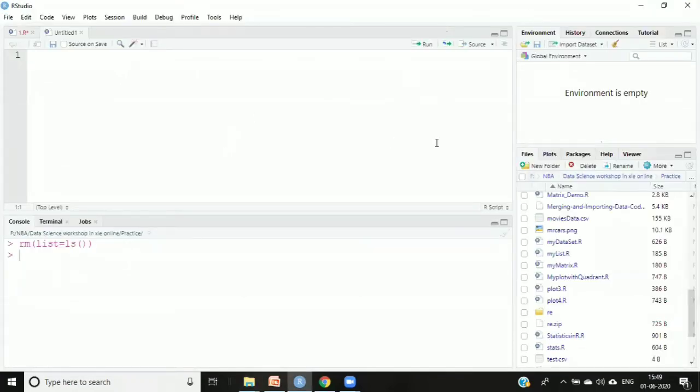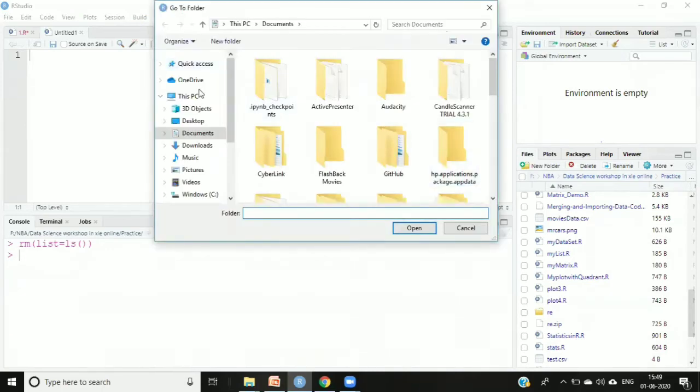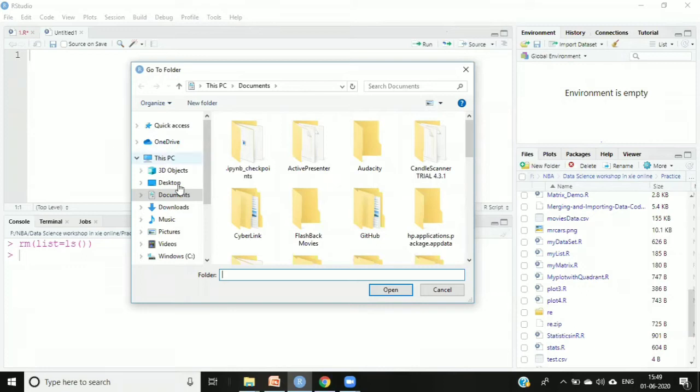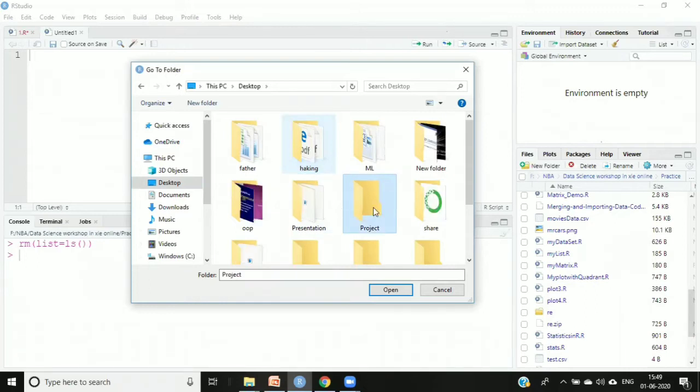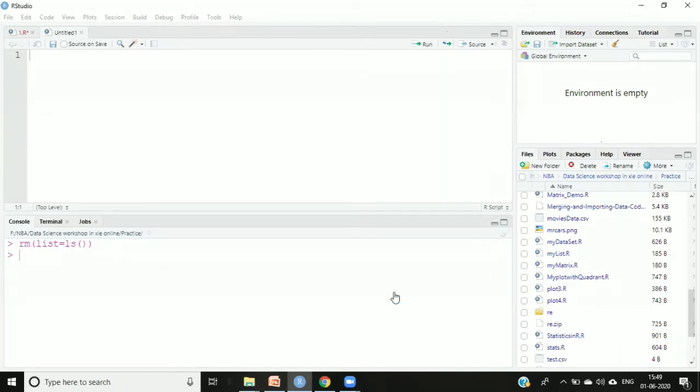Clear? And if you see in this window, can you see these 3 dots? You can click on these 3 dots in the file window. So this window will appear. You can go to the desktop and search for that folder. I created a project folder, so I'll open that.